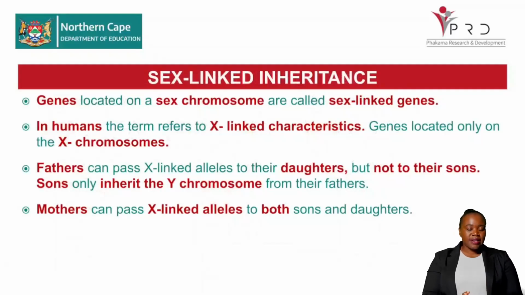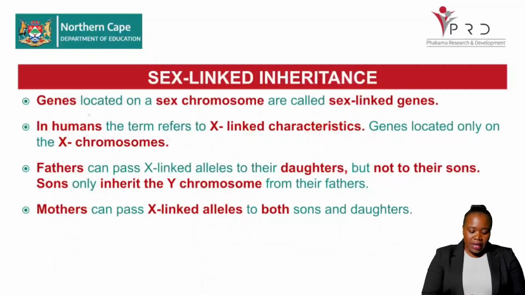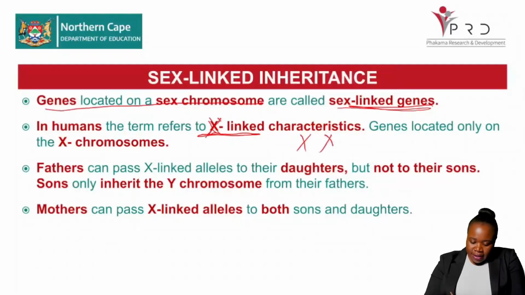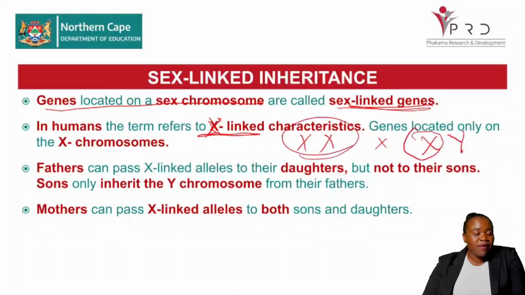Here we are looking at sex-linked, whereby we are looking at the genes that are located on the sex chromosomes, and that is why we say they are sex-linked genes, right? So here you would see that we are going to see the characteristic that we are studying being attached to the X chromosome. Now, in females, remember, we have XX, and in males, we have XY. So it means these characteristics will only be found on the X chromosome of the male, but will be found on both chromosomes of the female. So fathers can pass this allele to their female